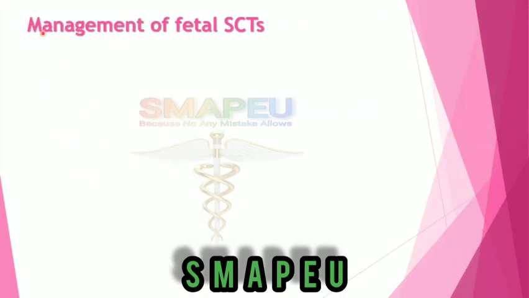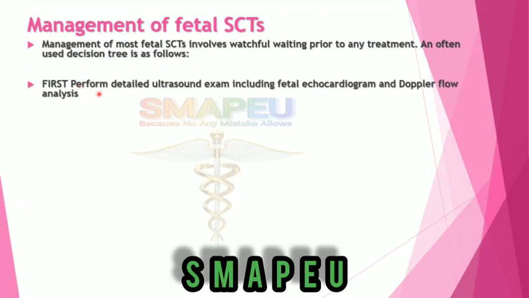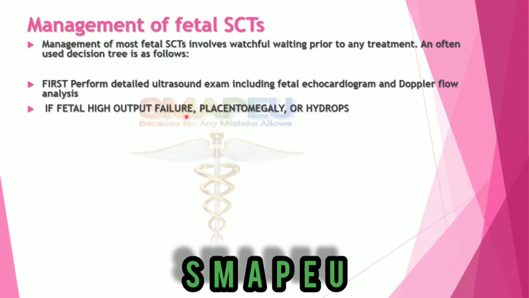Now let's discuss the management of fetal sacrococcygeal teratoma tumors. Management of most fetal sacrococcygeal teratomas involves watchful waiting prior to any treatment, and often uses a decision tree as follows. First, perform a detailed ultrasound examination including fetal echocardiogram and Doppler flow analysis. If there is fetal high output failure, placentomegaly or hydrops,